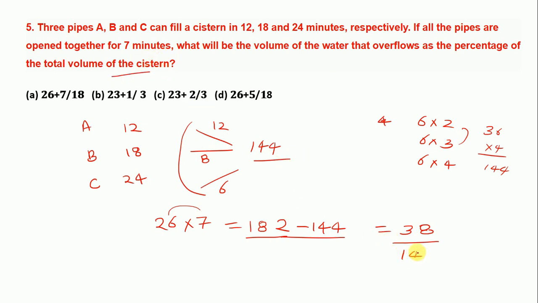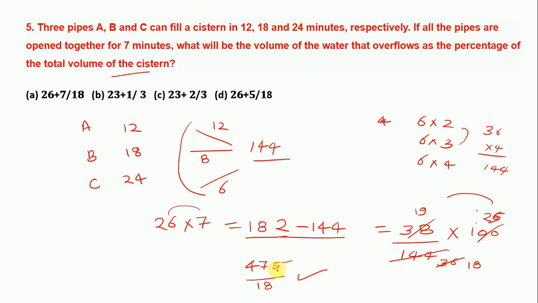So divide it by 144 and multiply it by 100. It will be cancelled by 4. It will be 36 and it will be 25. Now it will be cancelled by 18 and it will be cancelled by 19. It is 25 here, no 26, and product of these will be 475, and it has to be divided by 18. And this will be your answer. You can convert it in fraction form.